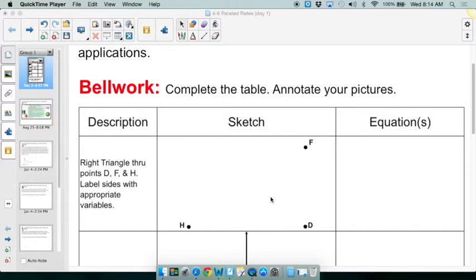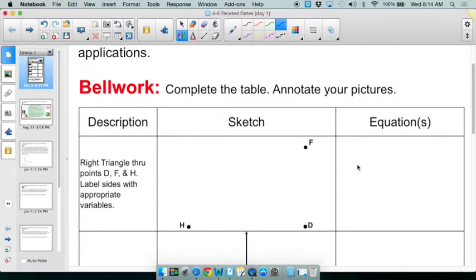Okay, so sketch for right triangle. This table up on the board. This table, equation for Pythagorean theorem. Okay, up on the board. This table. This table, equation for that circle. Okay. This table,